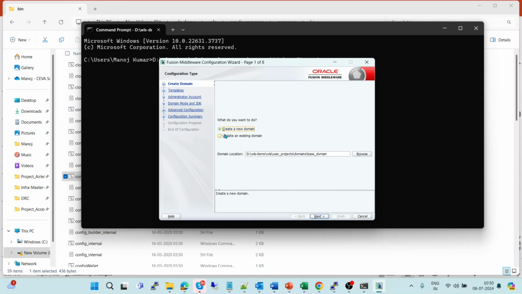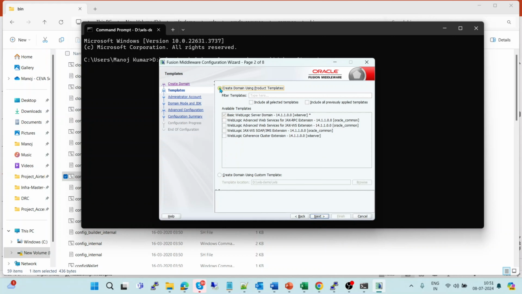So in our case, we want to create a new domain. We'll choose create a new domain and the domain location. We can provide the domain location here. If you want to create a domain outside of middleware home, we can change the domain location, or by default it will use the user projects domains and base domain. So let's use the same path